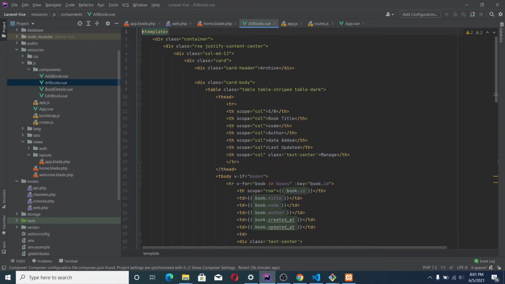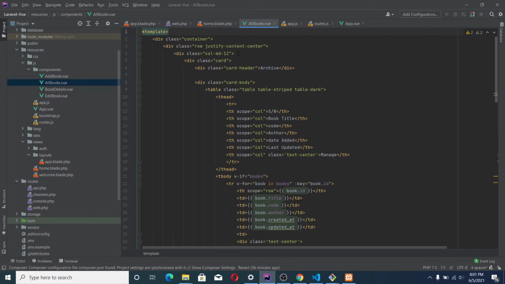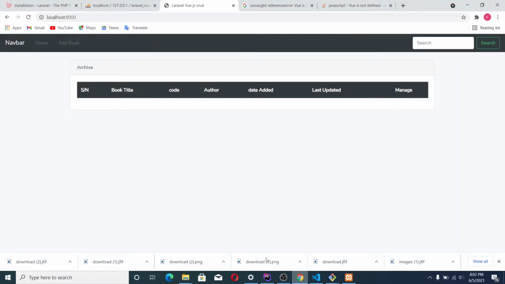We justify. Now in this we are defining a column that is going to span the entire page. So this is a card header. I'm going to call it archive, that is to say our book archives. So it's going to hold our book archive. This is what you're seeing here.